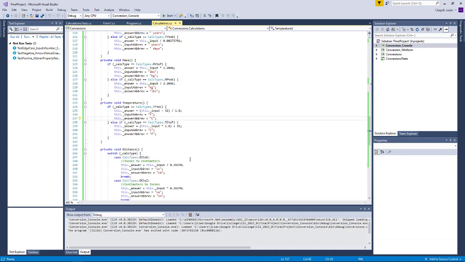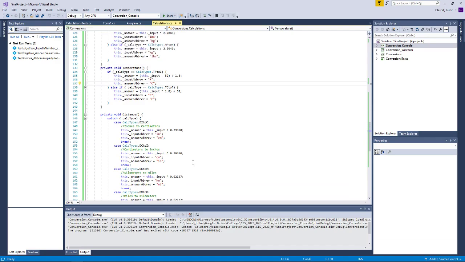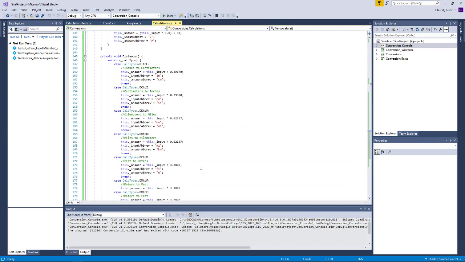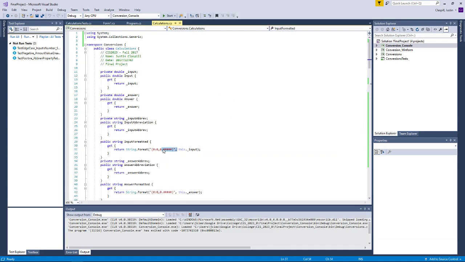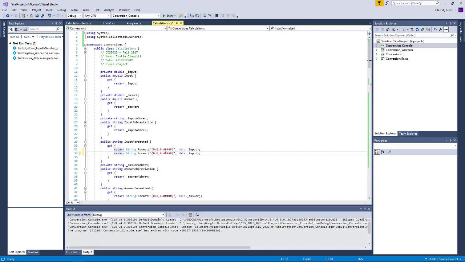So if it was a real app, perhaps there would be an option to have their preference set. But anyway, that's the whole class, not a whole lot to it. This is the only thing that some people might not understand. And again, you could do this two ways. That's the way I chose it,